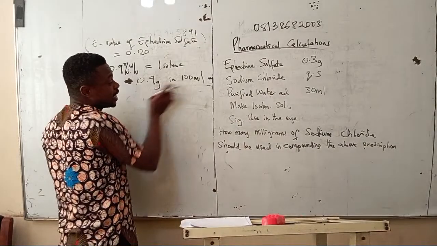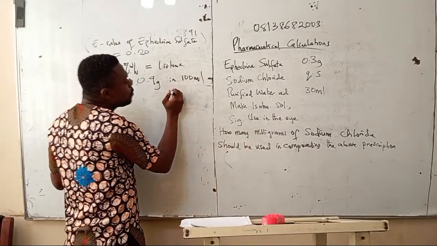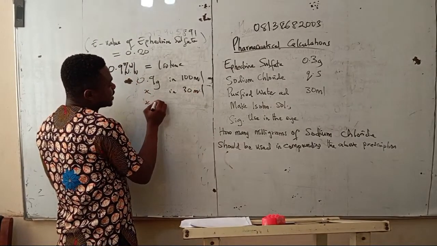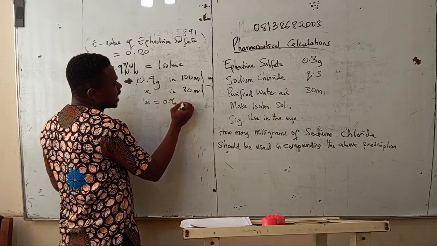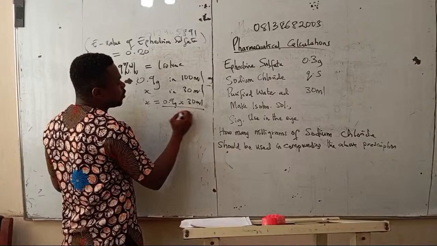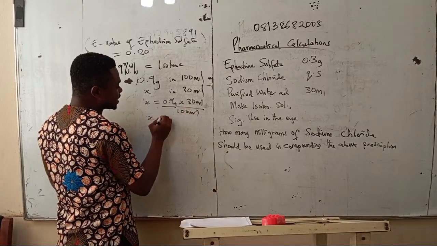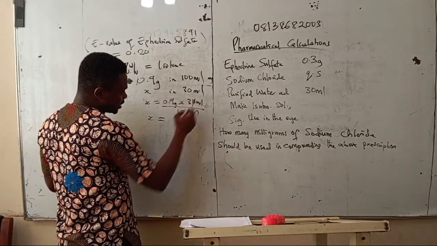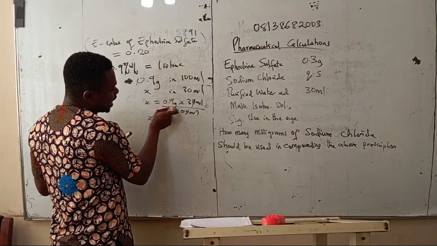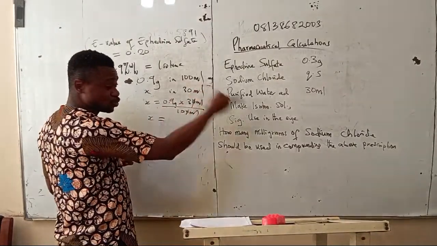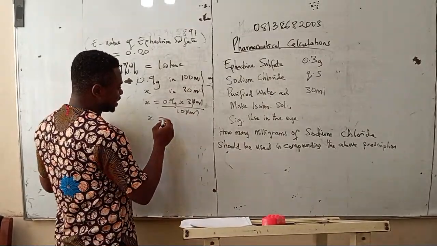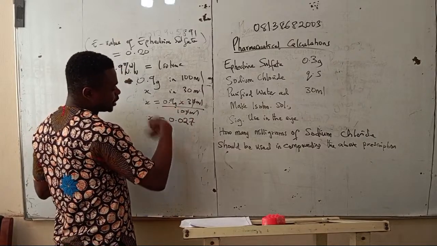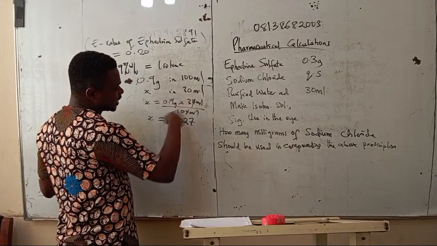0.9 gram of sodium chloride in 100 ml is isotonic. So how many in 30 ml will be isotonic? So we have X here. X is now equal to what? 0.9 gram times 30 ml, all over 100 ml. So X is now equal to what? Let's go. This will cancel this. So we have 0.9 times 3